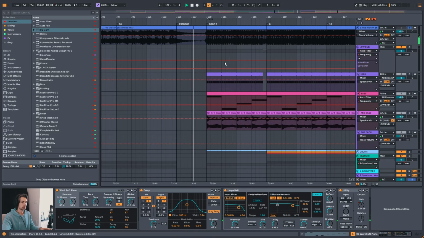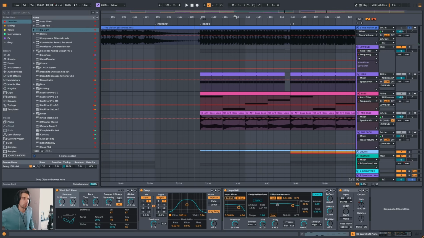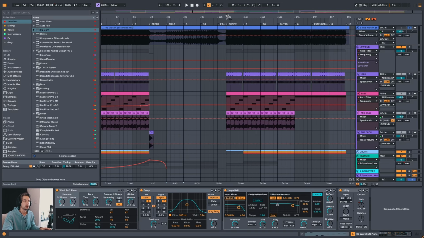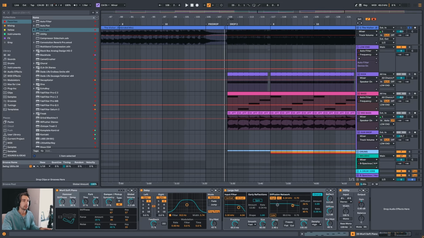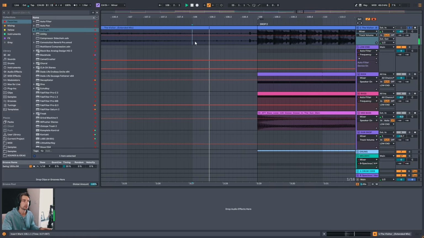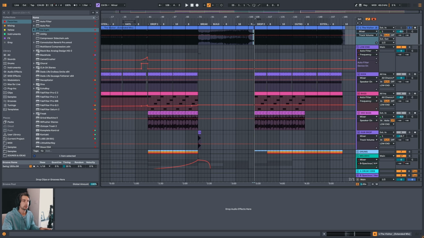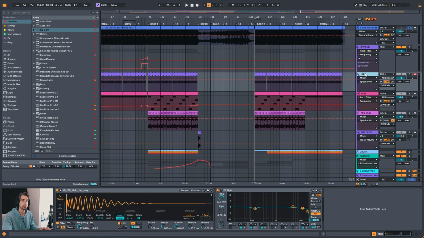Still that pump. Okay, so two things we're gonna do. I want to show you how to get a sidechain pump without having the kick present, and then let's get this sound going. This sound. Squeaky. Squeaky cheese. Okay, so to get a little ghost sidechain going, we can duplicate our kick, and now this top